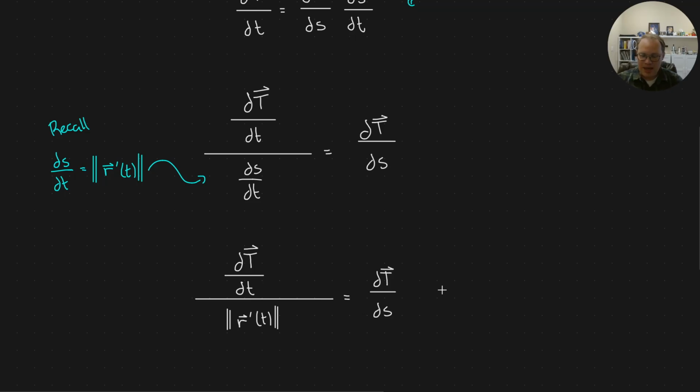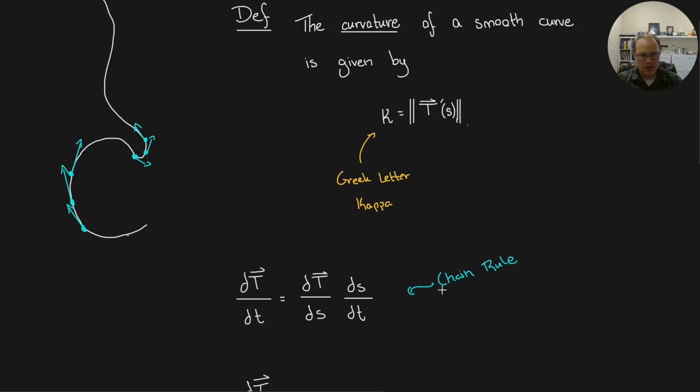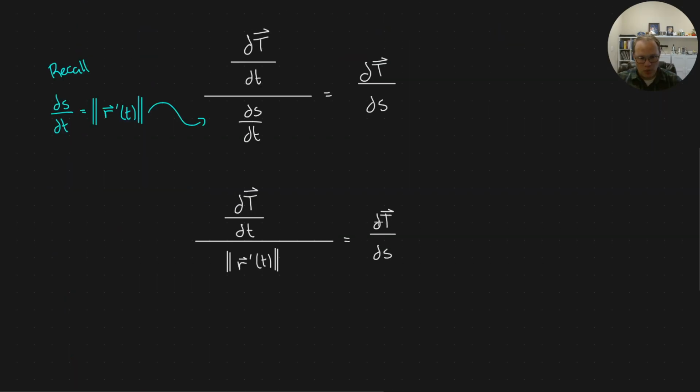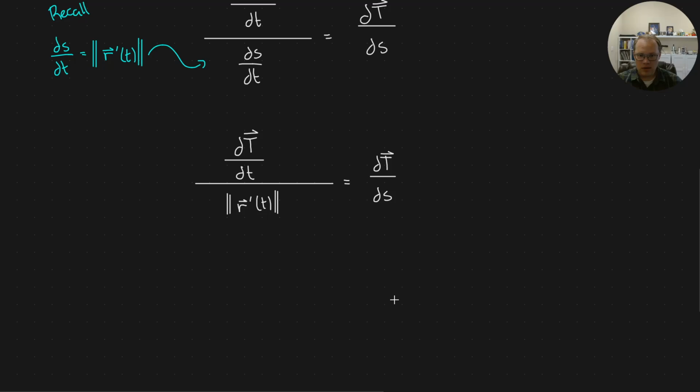Okay, and now we're basically done. Our curvature is just the norm of the derivative of our unit tangent vector with respect to the arc length parameter s. We have just the derivative of the unit tangent vector with respect to the arc length parameter s. To get the curvature, we need the norm. Okay, so the curvature then